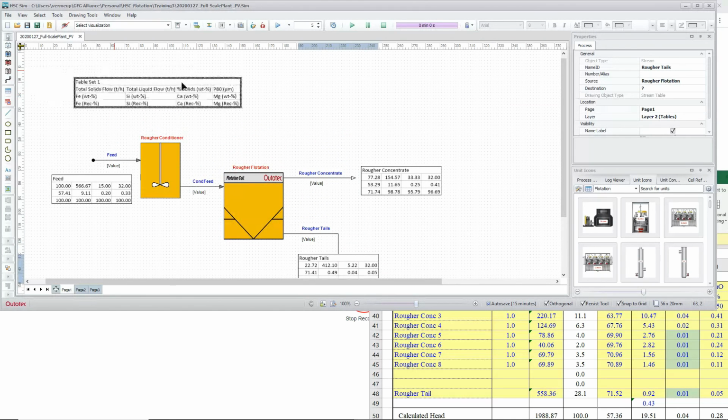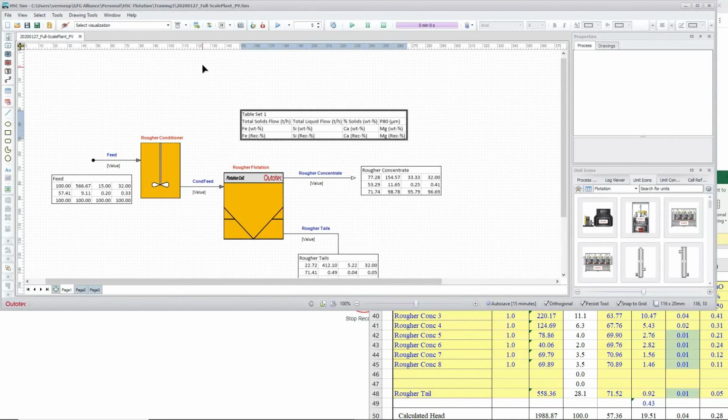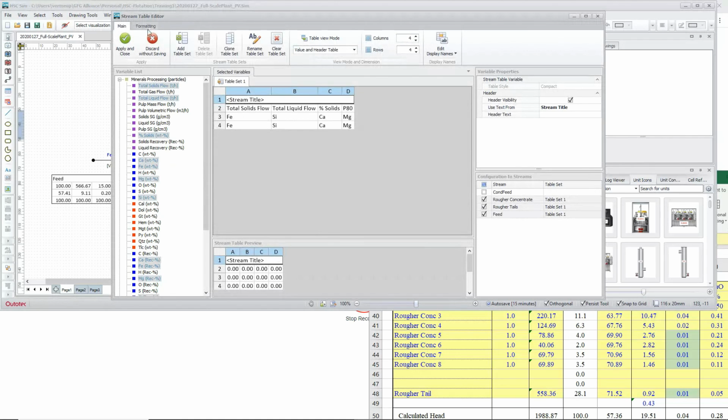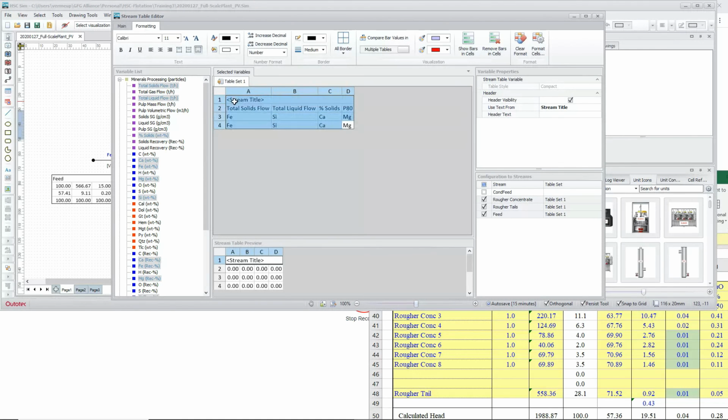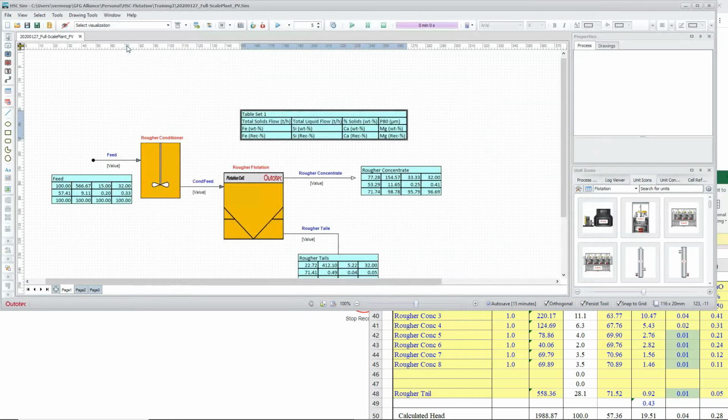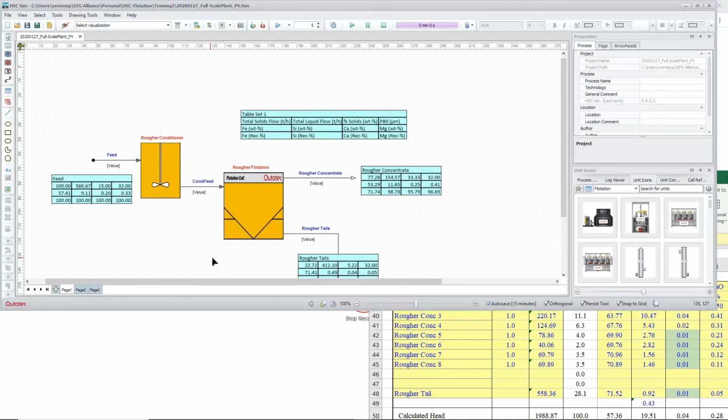Now legend is here on the top, and if I want to make it a different color, I can go into formatting and make this legend say light blue, make sure there are all borders, main, apply and close, and the other tables are blue because I might want more tables. Please note that this is Fe silicon, calcium and magnesium. If I want the oxides, I cannot choose them. I have to build a custom table from here and just put in silica,